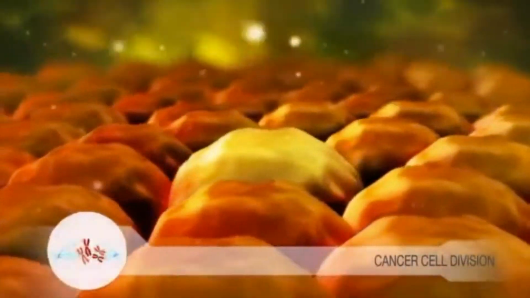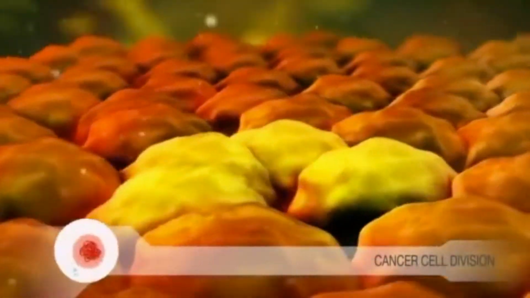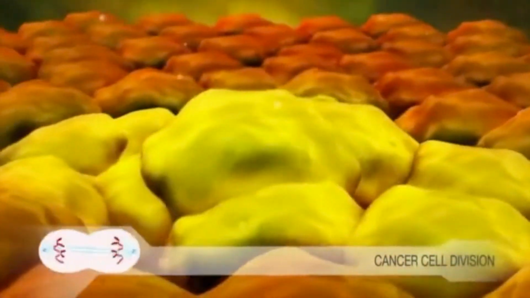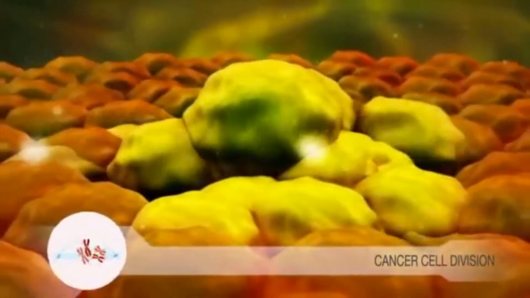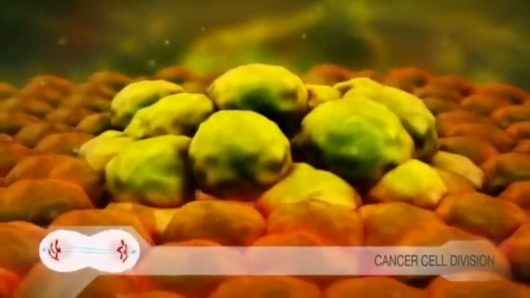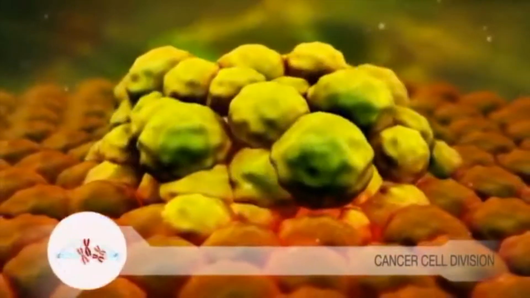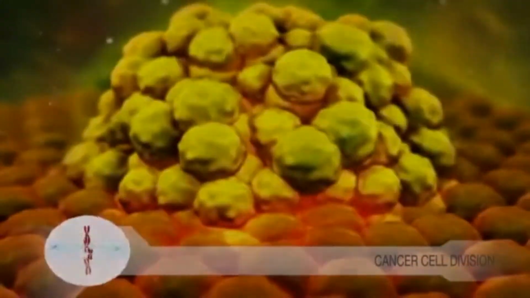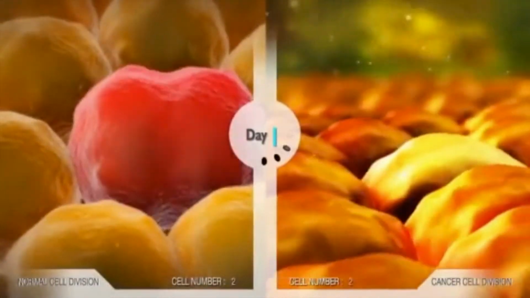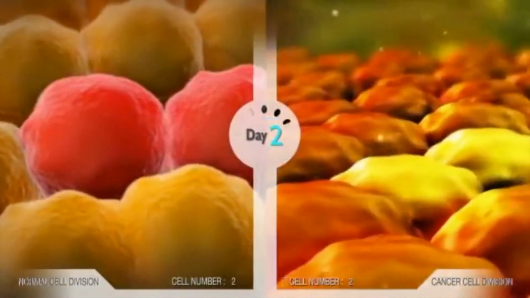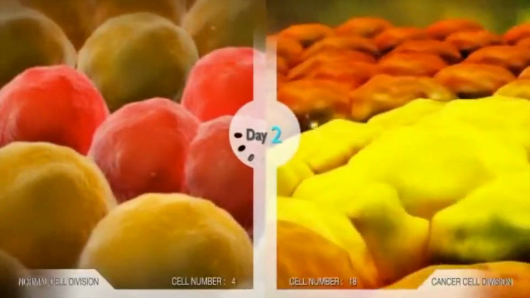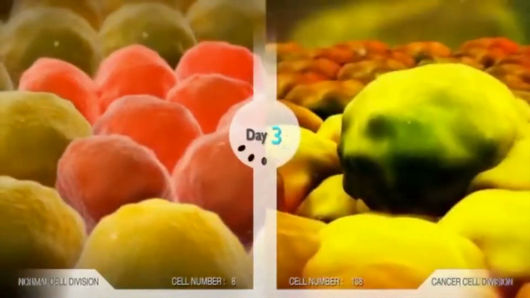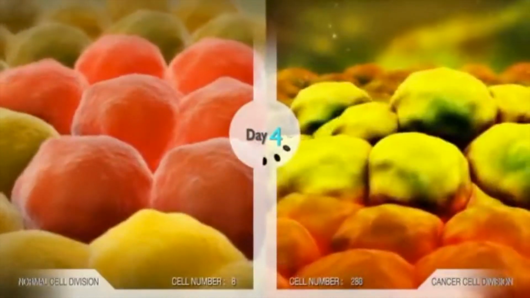Now, we see the cancer cells. Note that these cells are not controlled or orderly. Instead, they are rapidly dividing without direction, spreading upwards, downwards, and outwards. These cells are unstoppable and are beginning to form a tumor due to lack of contact inhibition. Now, we see the two types of cells side by side. When viewed like this, it is easy to see how the cancer cells are much more aggressive than the regular cells.